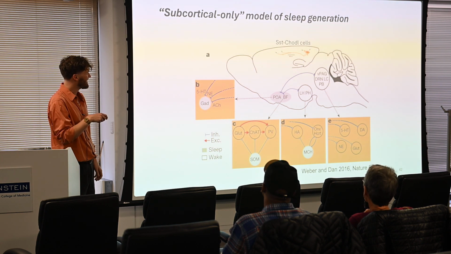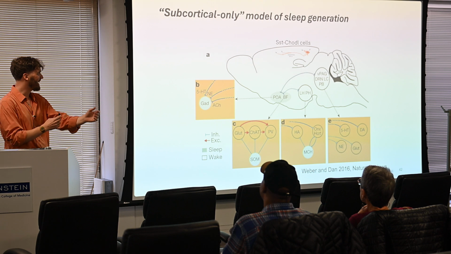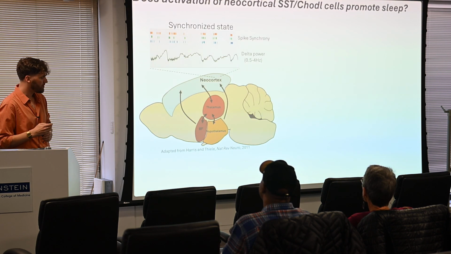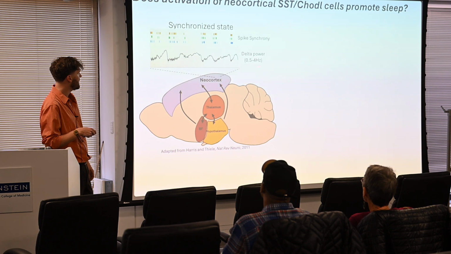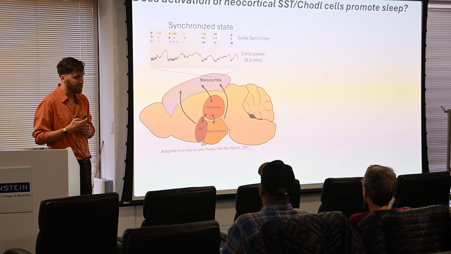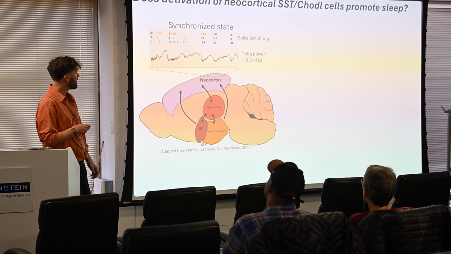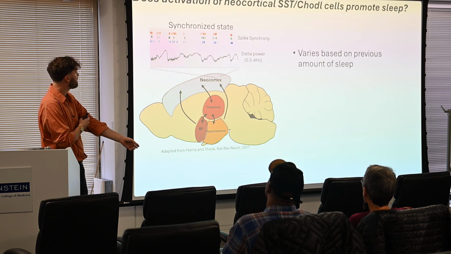We think it maybe leaves a somatostatin chortle-sized hole up here for the regulation of these synchronized states, which I'm going to zoom into here. As I said, these synchronized states are dominated by periods of low frequency activity, where the electrical fluctuations in the cortex occur in this frequency range. And the spiking activity, the activity of individual cells, follows along with these low frequency fluctuations. And we think the somatostatin chortle cells are really going to play an important role in the dynamic regulation of these synchronized states, because it's not just